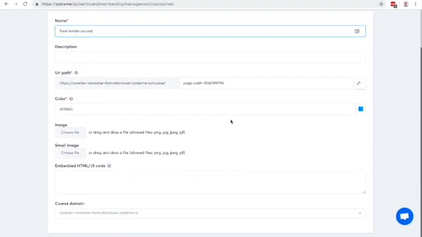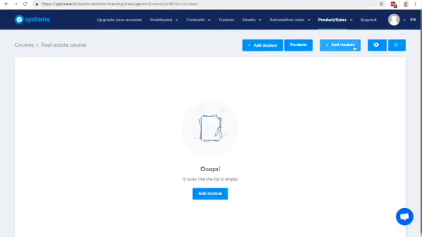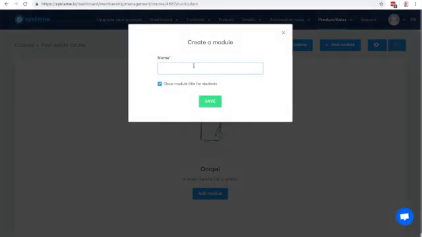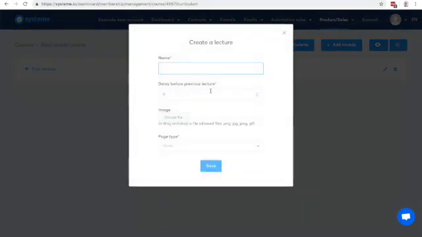So you have a few options that you can leave as is by default. Here it's empty because that's actually the curriculum of my course. So I'm going to click on add module. That's going to be the first module. And then I'm going to add some lectures. So let's say it's going to be like chapter 1,